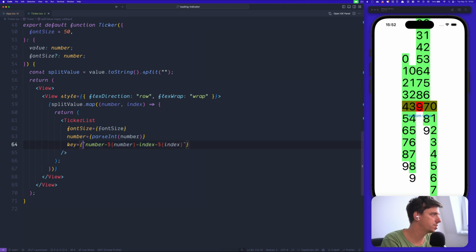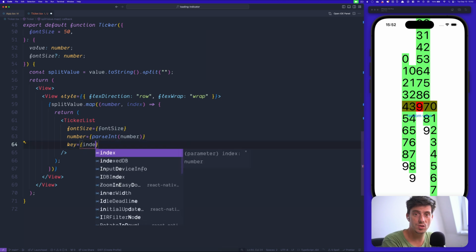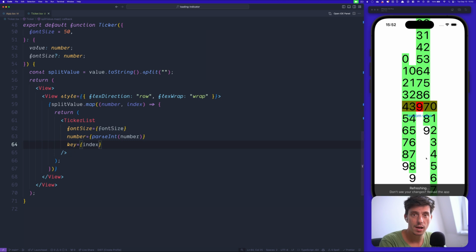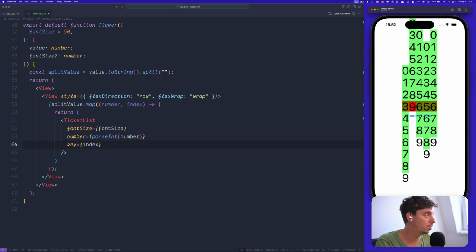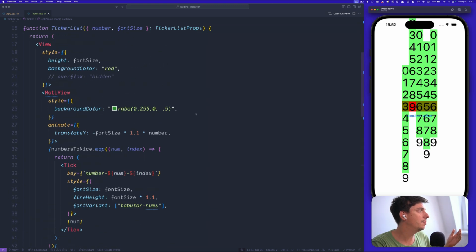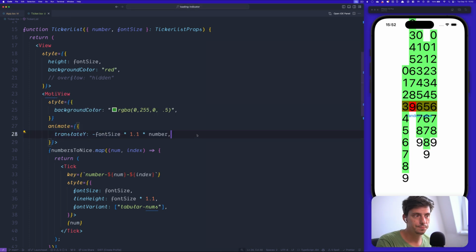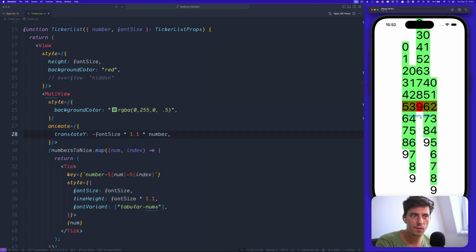So watch what's going to happen if I set the key as the index. Now the index is going to be the same, but the number is going to change, and this ticker component is not going to be re-rendered. So it's just going to receive a new set of props. In this way, we keep it rendered, but leave Moti to do the rest of the heavy lifting, which is the animation, or the animate of the translateY. So now if I hit random,